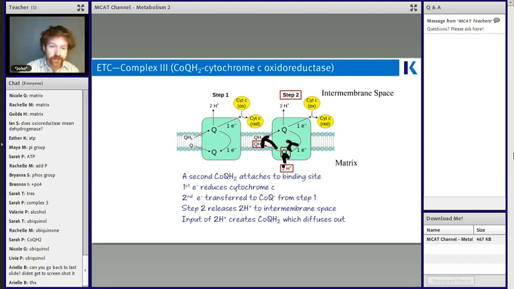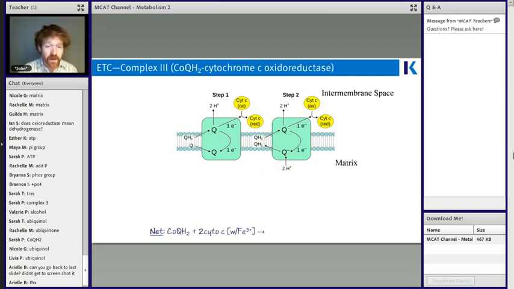which then forms your ubiquinol right there. All right, so if there is a big take-home, most important thing for you guys to know right here, it is to know that complex 3 is unique because it's using our actual ubiquinol now. We're changing gears and we're starting to reduce cytochromes. Remember, before we were just oxidizing ubiquinone, now we're reducing cytochrome. And we also did pump protons. So to give you your net there,